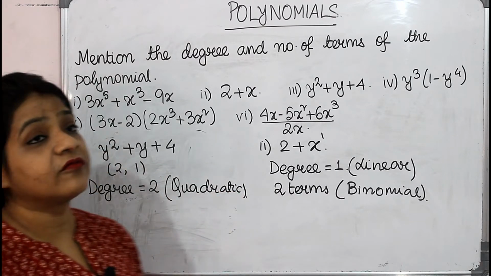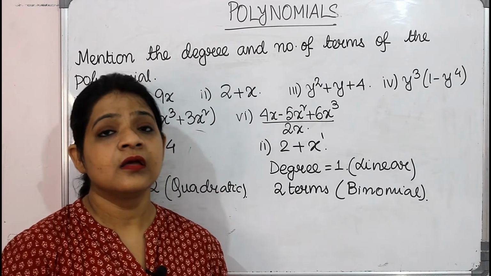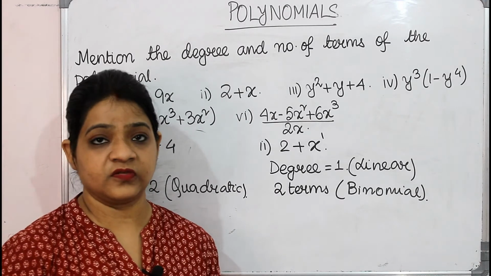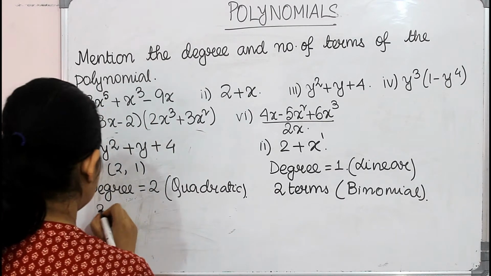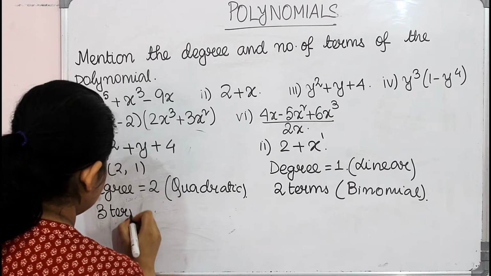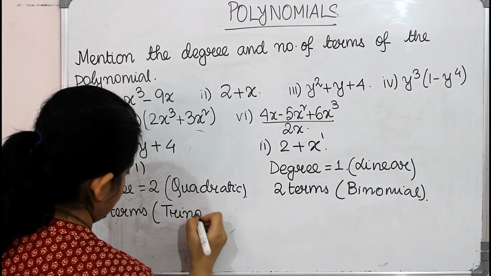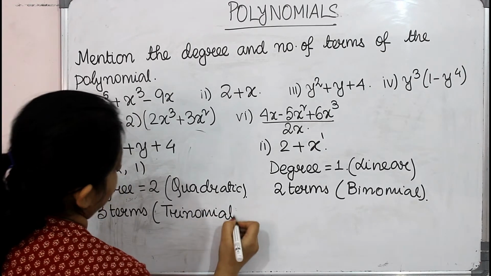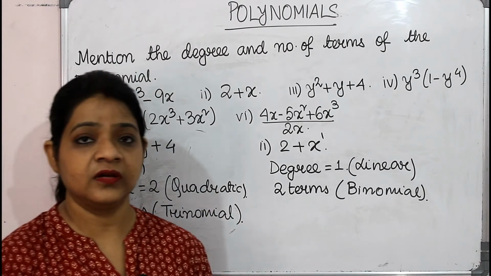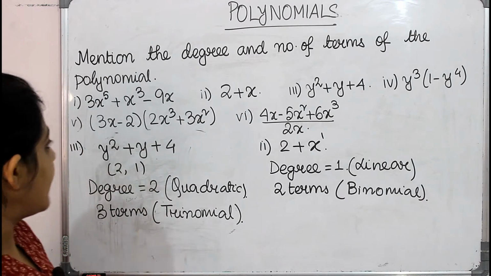And how many number of terms are there here? So there are 3 terms. So 3 terms, what do we call it as? We call it as trinomial. We call it as trinomial since 3 terms are there. Next sum is